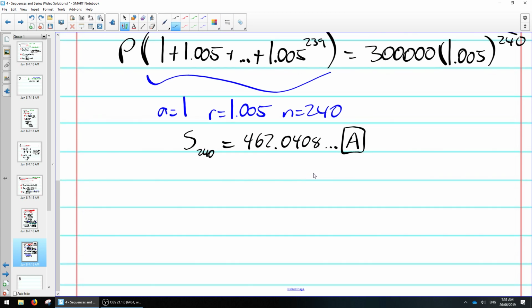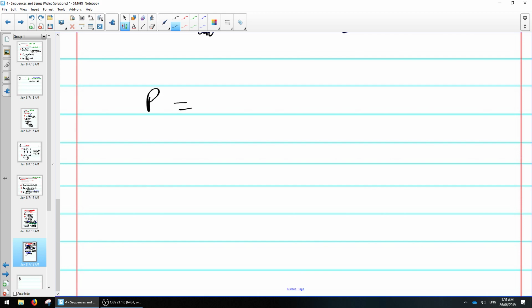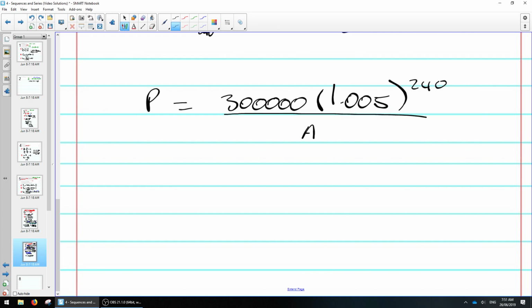So we have P equals 300,000 × 1.005 to the power of 240, dividing it by A,